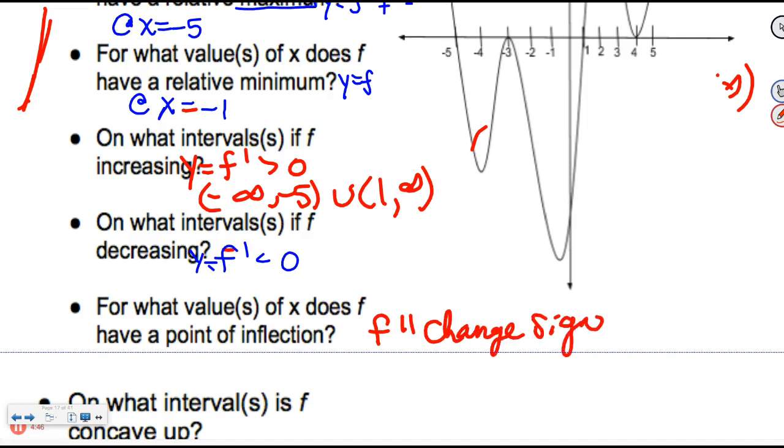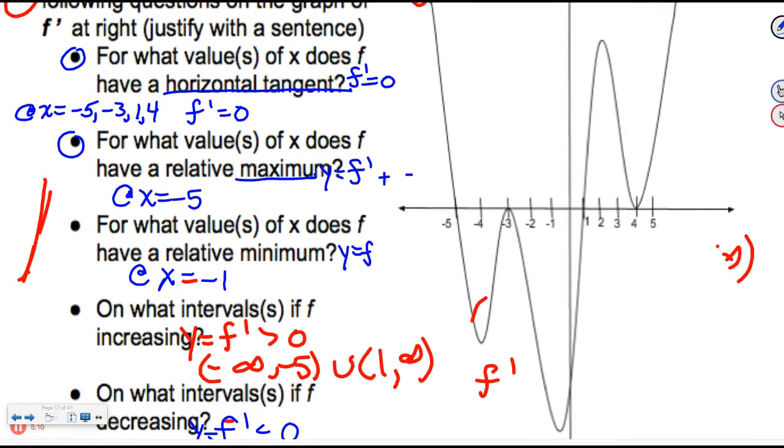But I'm not looking at f double prime. Because this is the graph of f prime, I need to decide in my head what f prime has to do. Well, to go from f prime to f double prime, I need to take a derivative or think of slopes. So I need to make sure that f double prime, or the slopes on f prime, change signs. So what I need to make sure is that this graph goes from decreasing to increasing or vice versa,